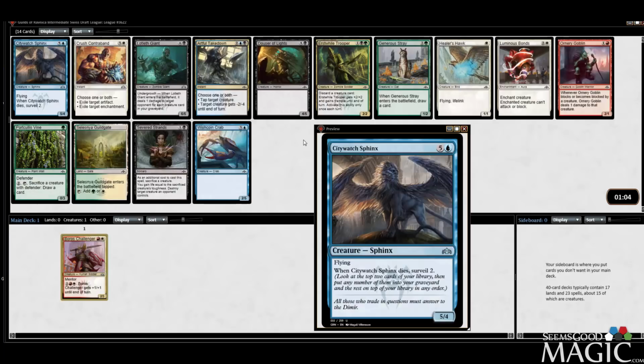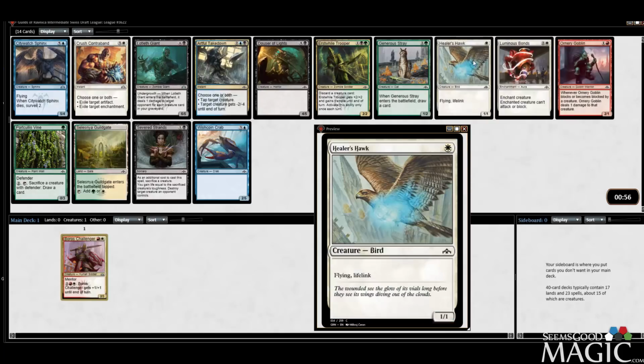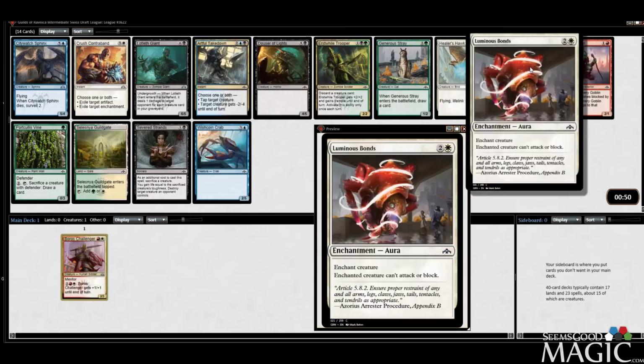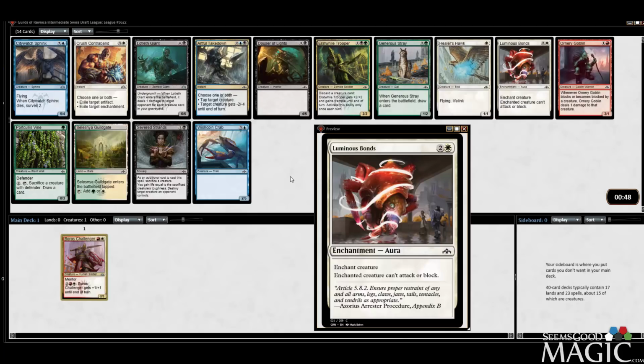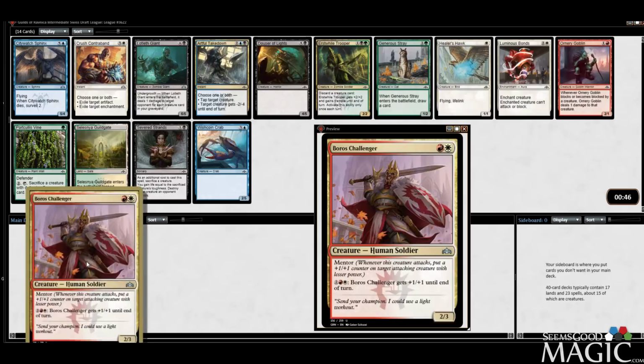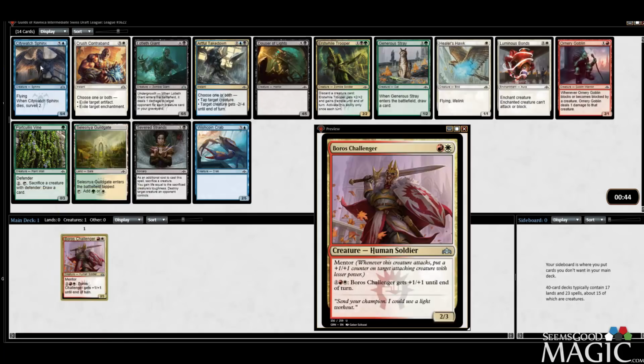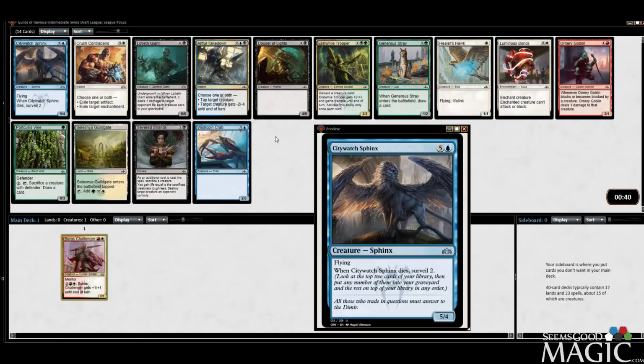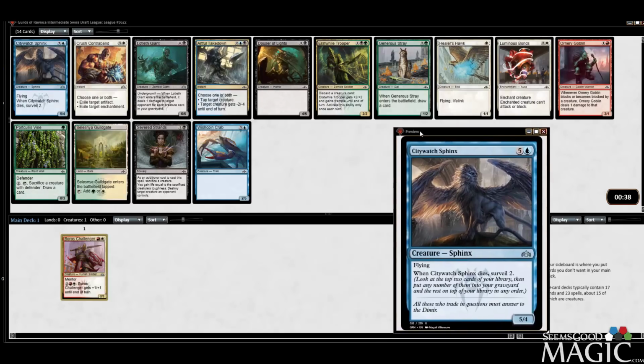Well, best card here is probably City Watch Sphinx. There's a Luminous Bonds, a Healer's Hawk, Ornery Goblin. All of these are good. We could just take the Luminous Bonds. Pairs well with our first pick. City Watch Sphinx is definitely the best card. And it's early enough where you can just take the best card and really not feel bad about it, but